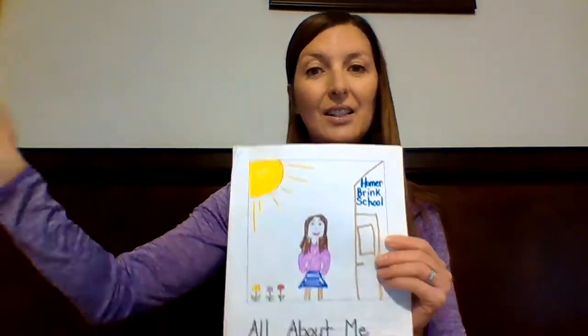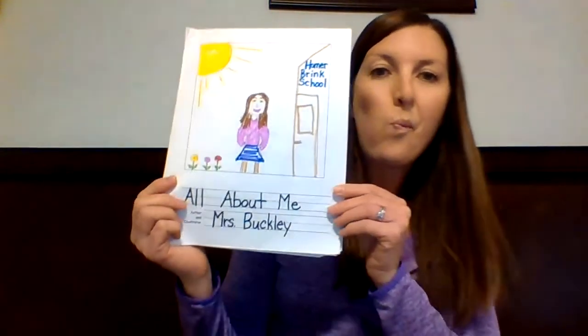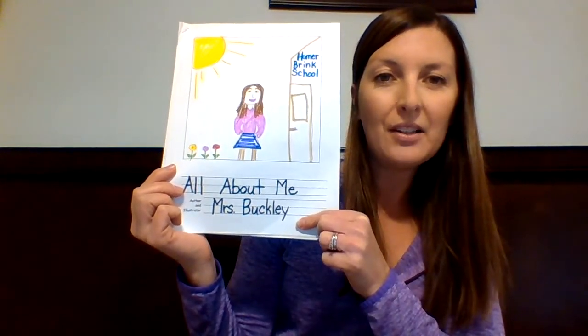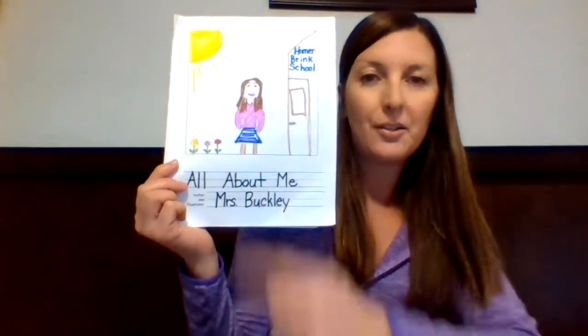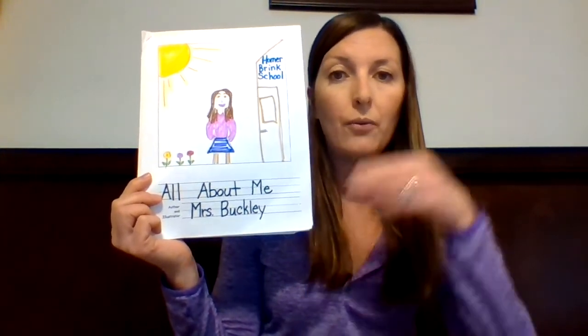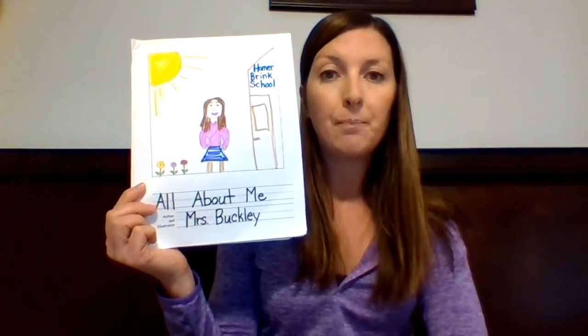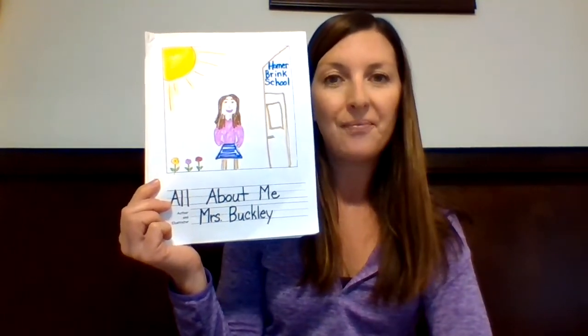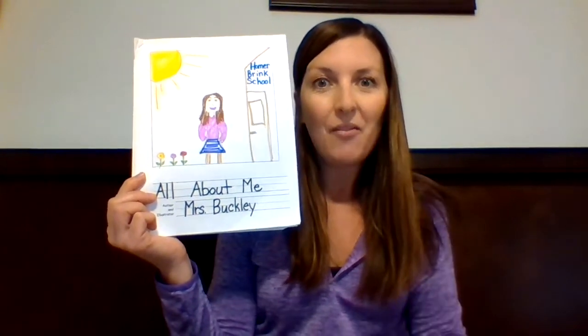And then lastly, you're going to make your cover with the title, All About Me, the author and illustrator's name, and a picture. And if you're able to, you can use a paper clip to clip your pages together into a book, or if you have a stapler, you can staple them together. Or you might want to put them in a folder or a binder, however you want to publish and put your book together. And then it would be awesome if maybe you could get an audience of your family together